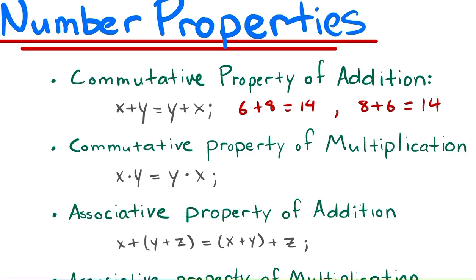The hardest part about this topic is remembering the name commutative property of addition, because if a problem is asking you which answer choice shows the commutative property of addition, you have to be able to pick which one that is. All right, let's go ahead and move on to the commutative property of multiplication, and you'll